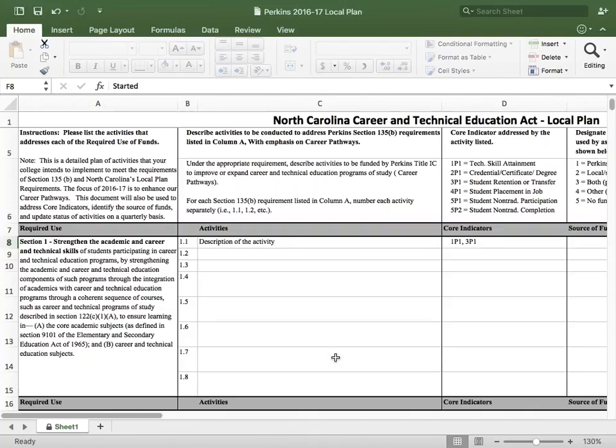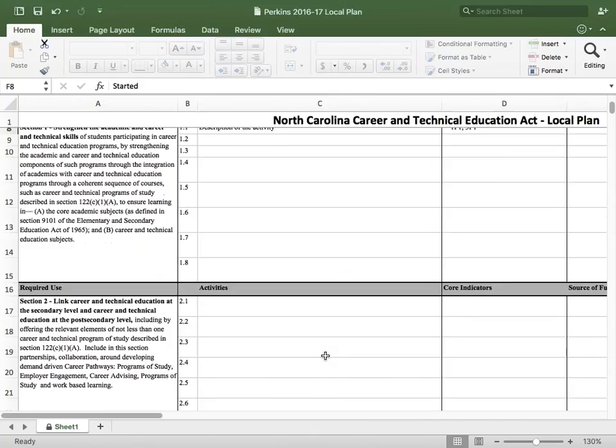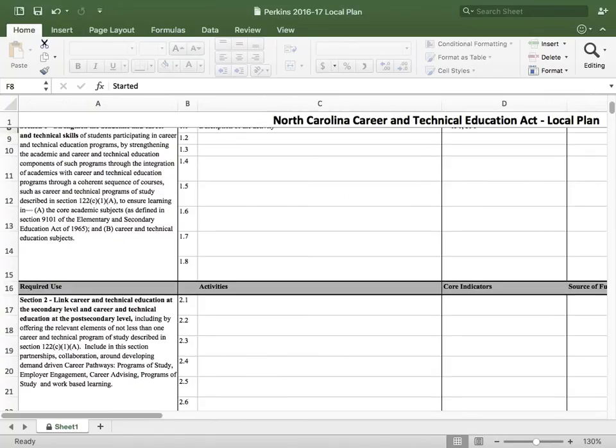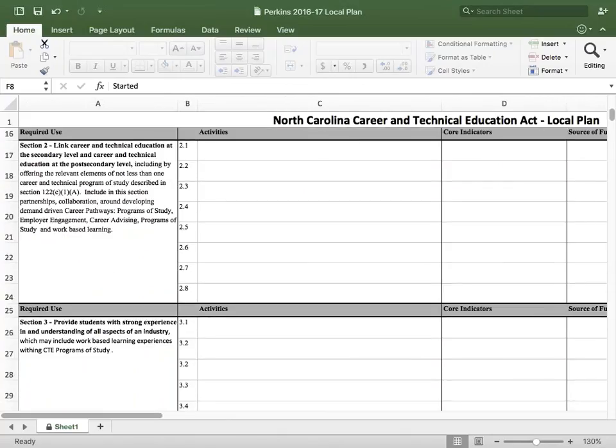And if you would, as we go through these, if you have something that crosses over, instead of saying a reference back to 1.6, just go ahead and write it out again and copy and paste it in, because it helps us as we go through not to have to shuffle back and forth through the paper. Yeah, and if we were to be monitored, somebody from the outside taking a look at that document could easily see that you're addressing the 9 activities. And so you're going to work through each of the activities that you have here.